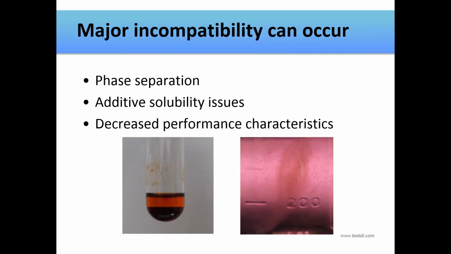So what happens when we start mixing these special products and major incompatibility occurs? And what are the consequences or symptoms of that incompatibility? So first of all, we can have phase separation, which you can see in the test tube on the left. We actually have 2 layers there. Phase separation is identified when we have 2 or more distinct layers of the fluid present, and it can occur